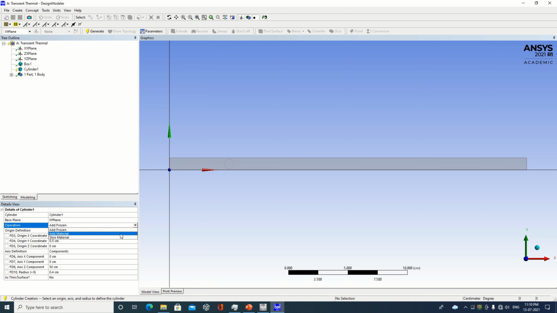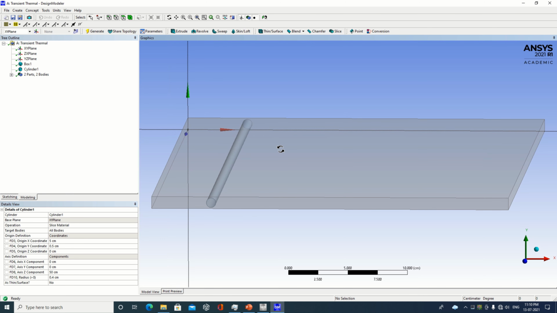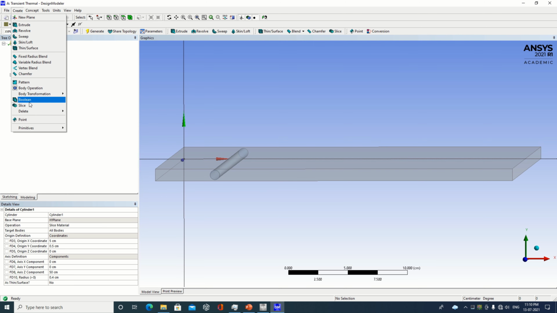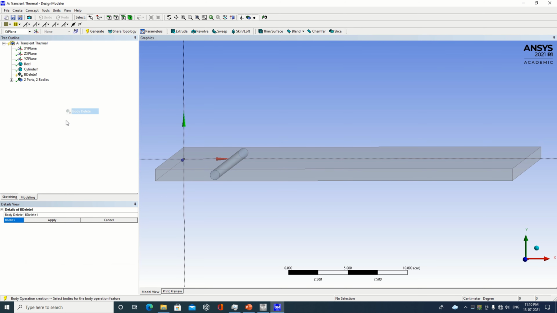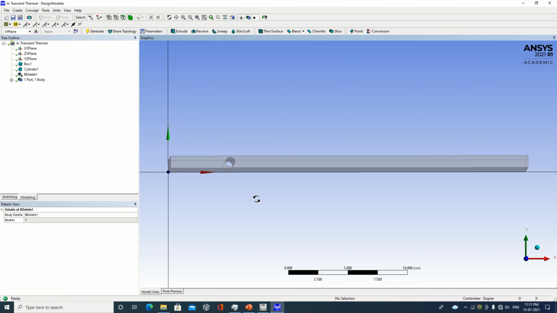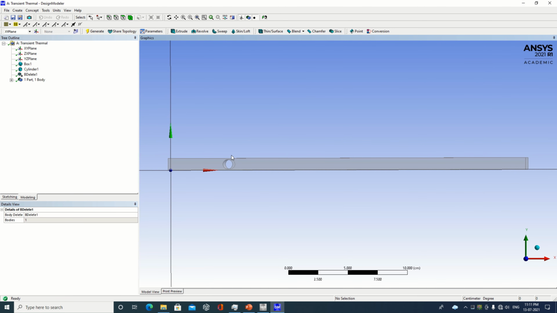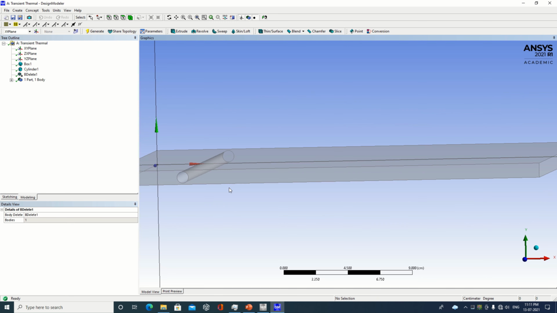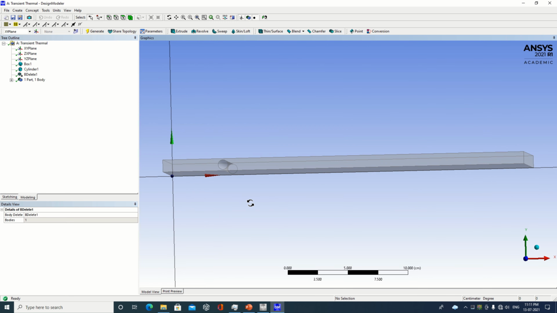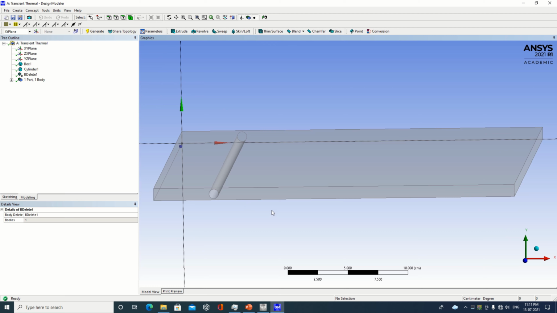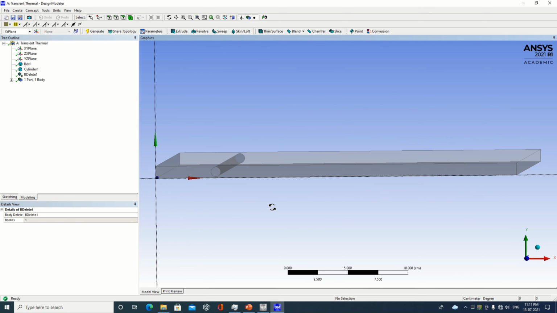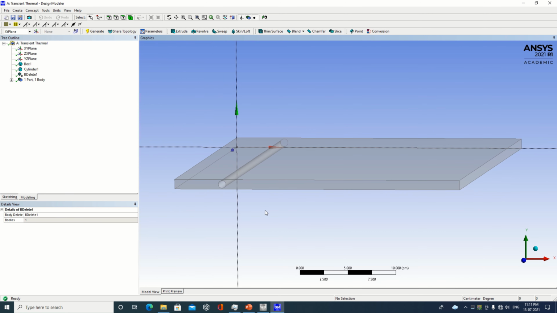In this case you can make it slice material because later on we want to remove this body. So now go to the delete operation. Now select this internal cylinder. Make it apply, then it will be generated. So you can see a hole or hollow portion is created. Through this the water is going to flow. In this case we are considering this example as the absorber plate itself having the tube inside.